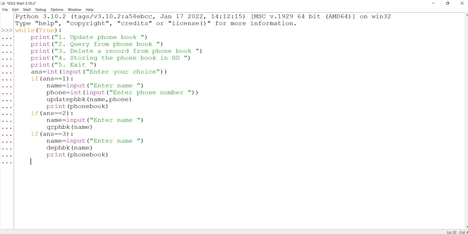And when option is equal to 4, if answer is equal to 4, it should actually store something permanently. So for that we also have to import some module, which we will do globally in this case. Okay, and also we need to open a file in a specific location, so those things we will fix up